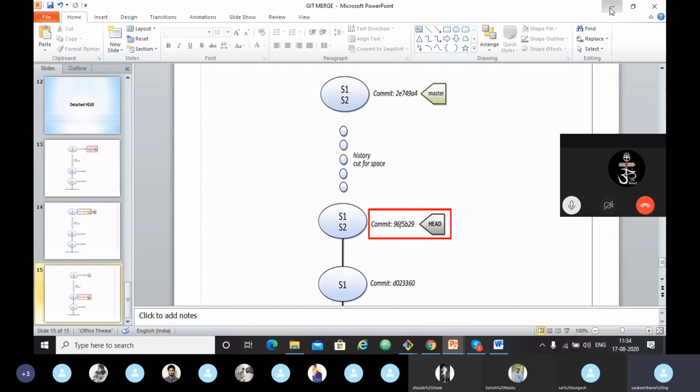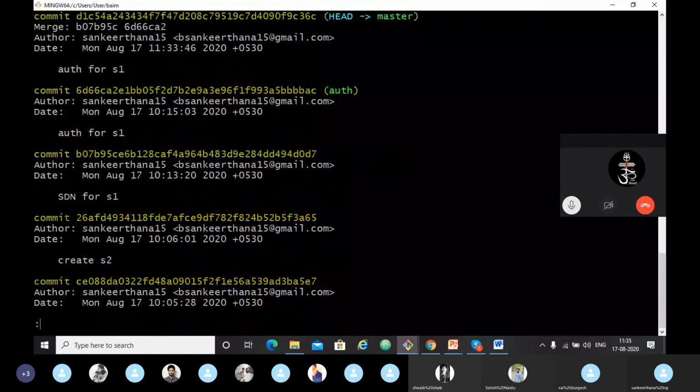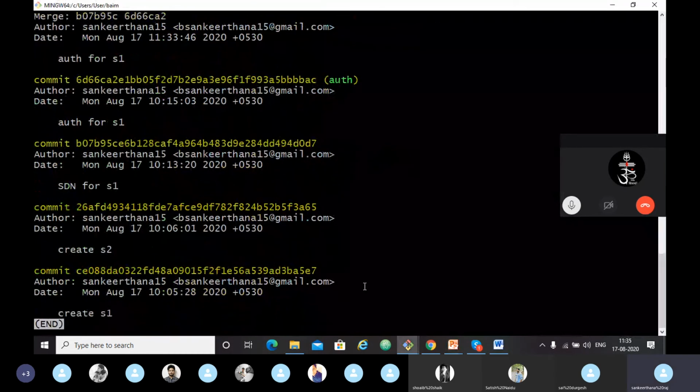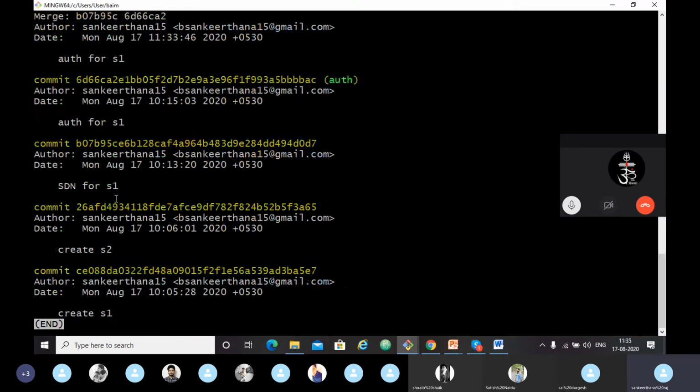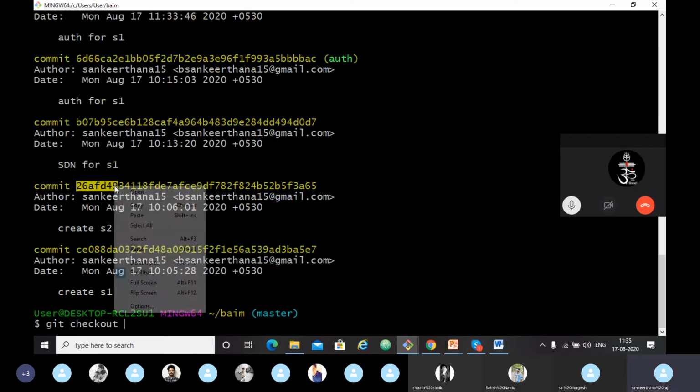So let's see the git log. I'll take this here, creating S2, git checkout. I'll take the 7 letters of that hash.